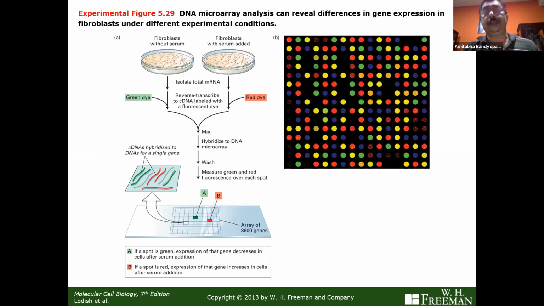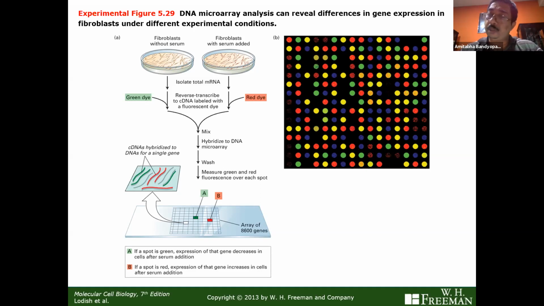So in this specific example, the scientists wanted to know which are the genes that are expressed by fibroblasts. Fibroblasts are cells which do not have a specific shape. They are typically there in most of the tissue types. They proliferate a lot, and they respond to different kinds of signaling molecules and differentiate and become part of a tissue. Okay, so fibroblasts are treated with or without serum, and then total RNA was isolated,